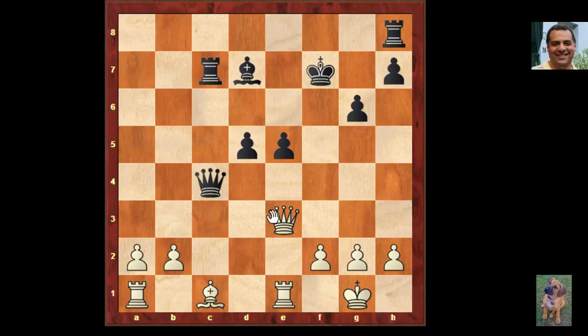So on queen takes e5, this would be a bad... No, maybe it's not a bad mistake. If rook e8, this is not a disaster because of queen f4 check. We can connect rooks just about, but I didn't play that. No, instead, I actually played queen f3 check,